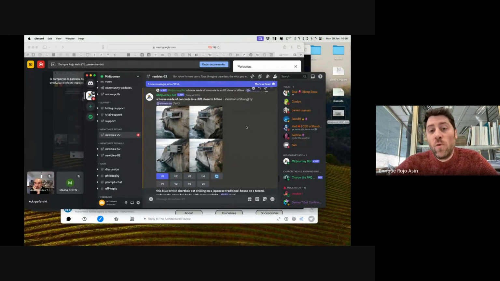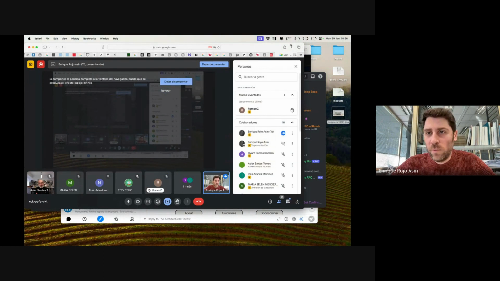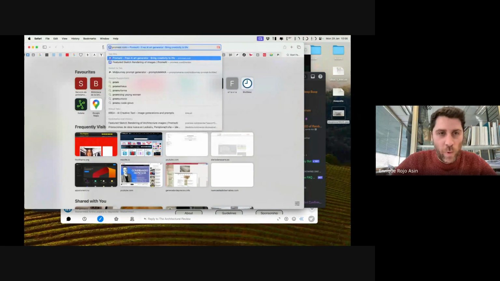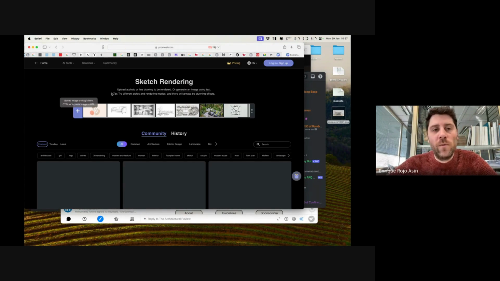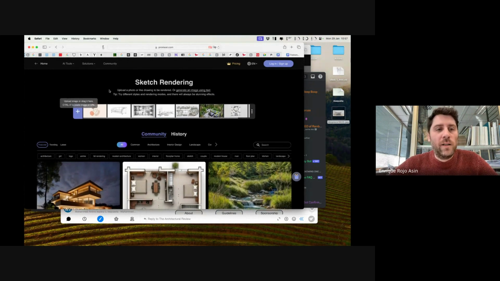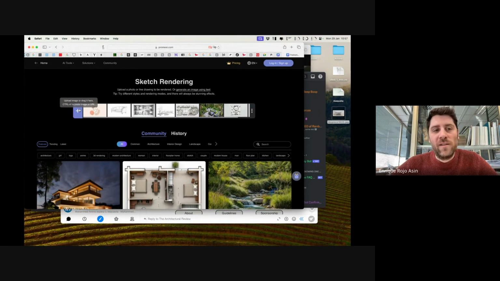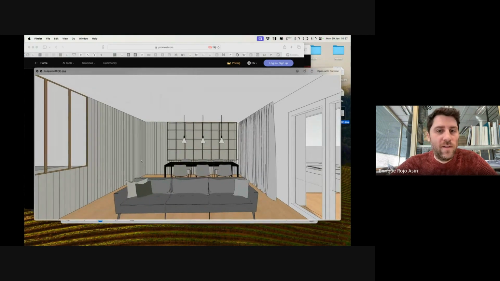The thing is, as it's too open to interpretation, because it's, as I said, a narrative, a written or words. Now there are other tools that are based more in graphical orders, you know. So, for example, if we go to this web that is called Prome AI, in this one, you don't need to also write a prompt, but you start with a base image. In this case, as I will show you, it's just an interior of a living room, quite